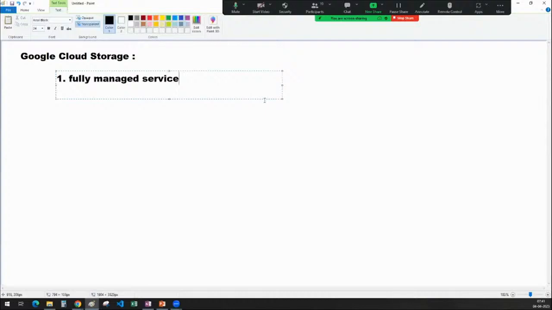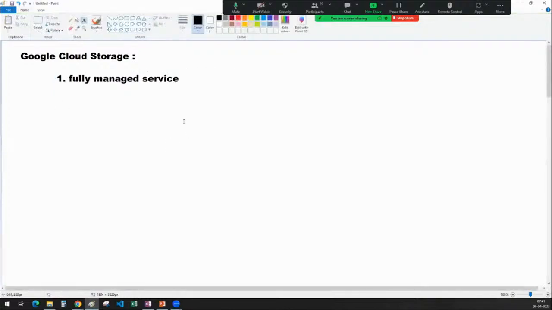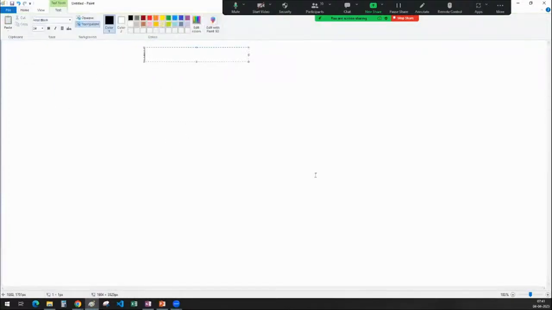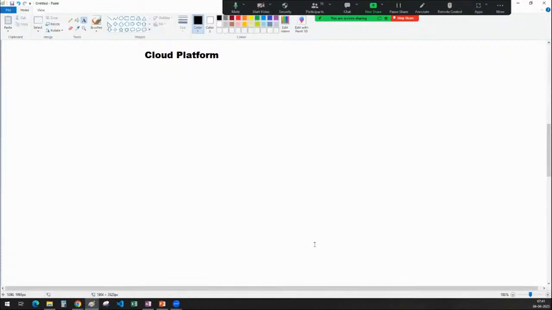What do you mean by that, sir? What is meant by fully managed service? Sir, I want you to understand what is meant by fully managed. For the very first thing, I will try to tell you. Sir, if you go to any cloud platform, the services in the cloud platform are categorized into different things. One is